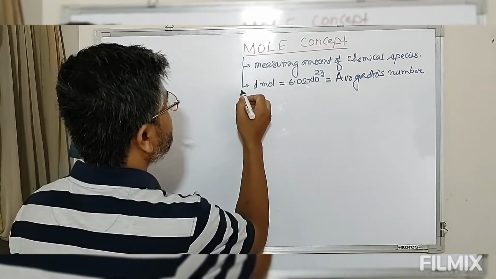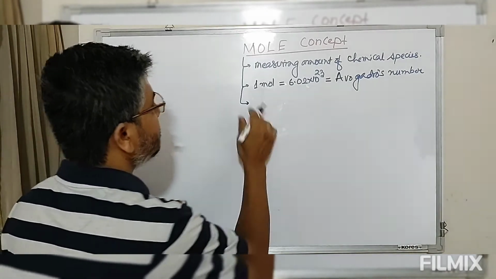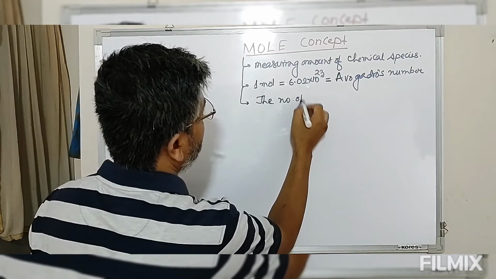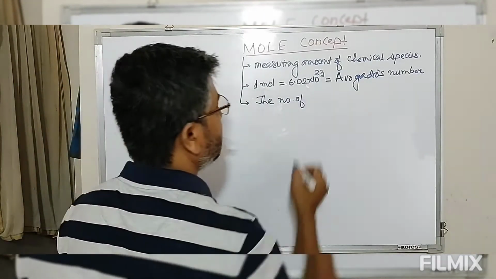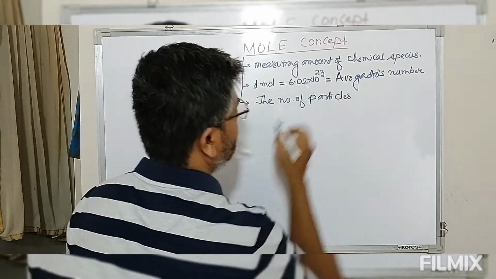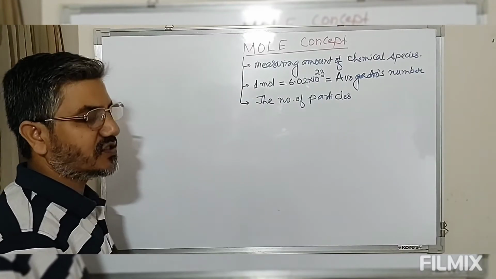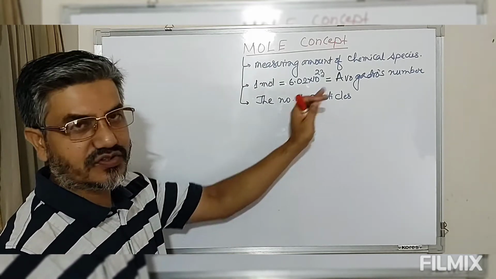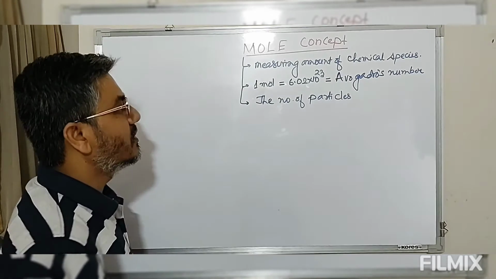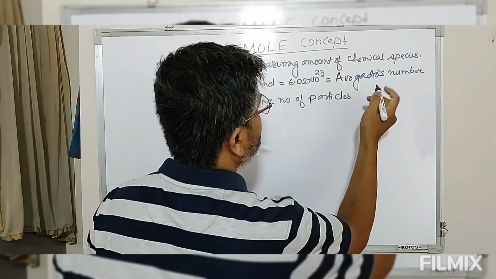It is defined as the number of particles. If I say number of particles, this may be atoms, molecules, electrons, or ions. So the number of particles